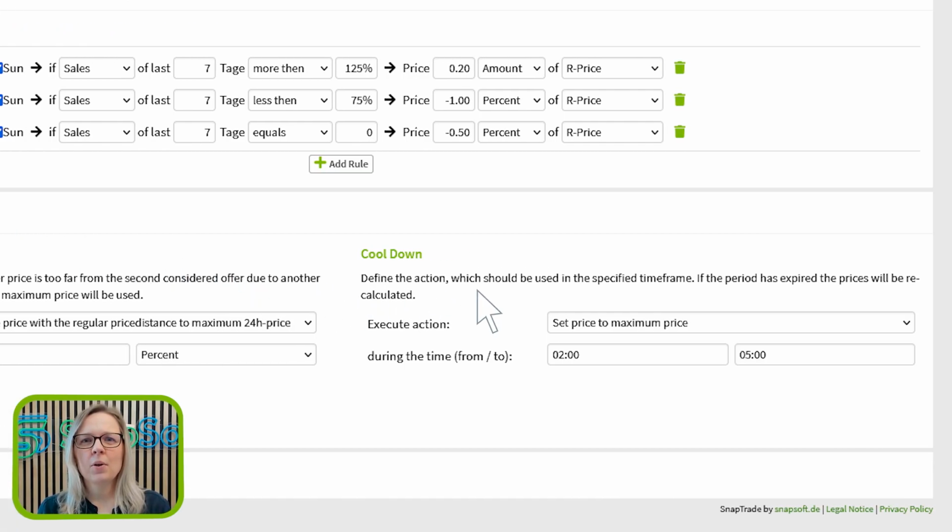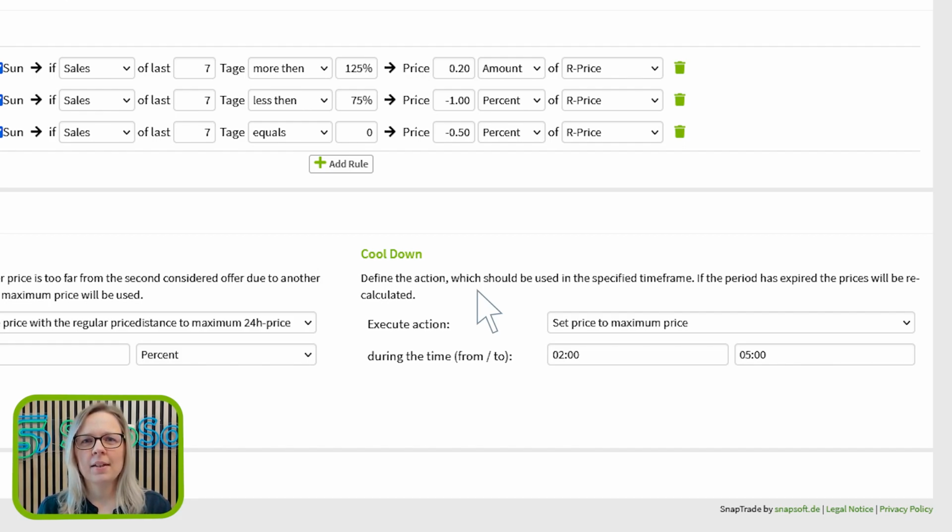The cooldown on the right side is implemented during periods of slow sales, which typically occur between 2 and 5 in the morning. Throughout this time frame, the current strategy settings are employed to utilize the maximum price in order to elevate the competitive prices of sellers on Amazon through price optimization techniques.